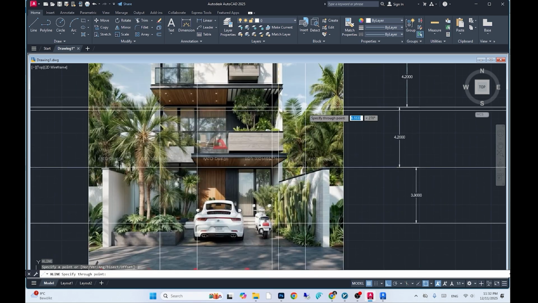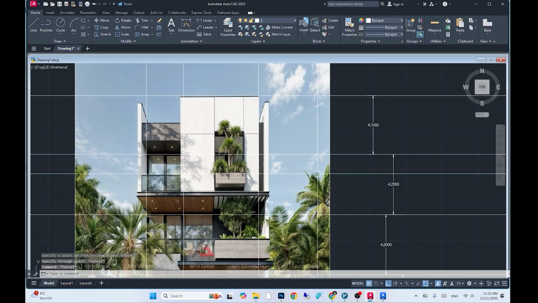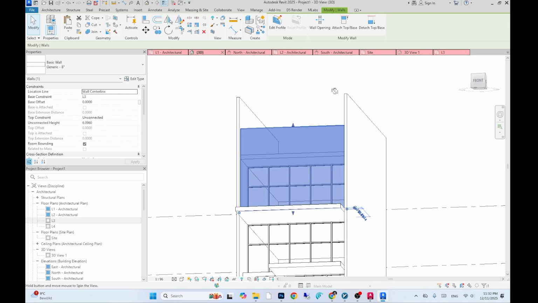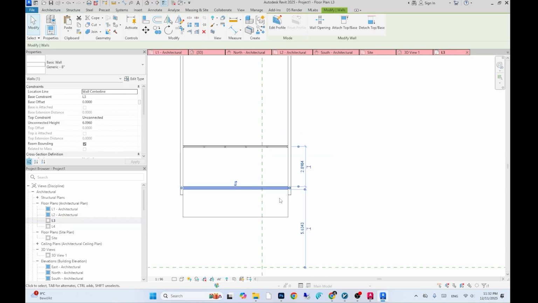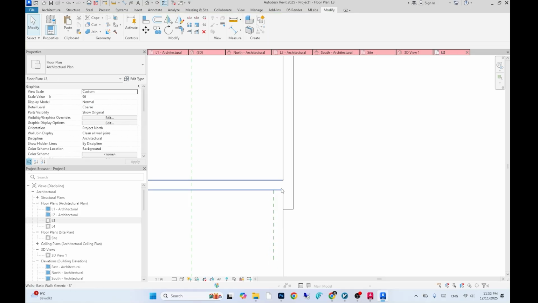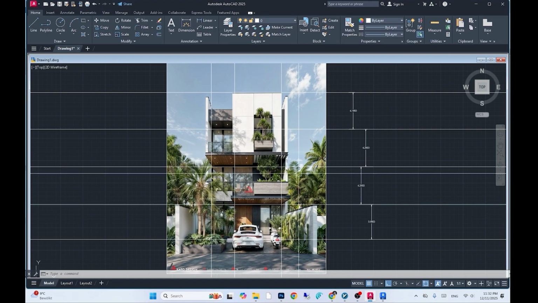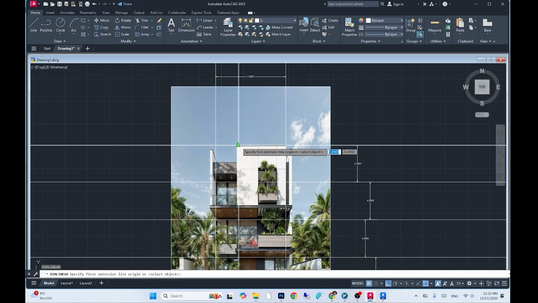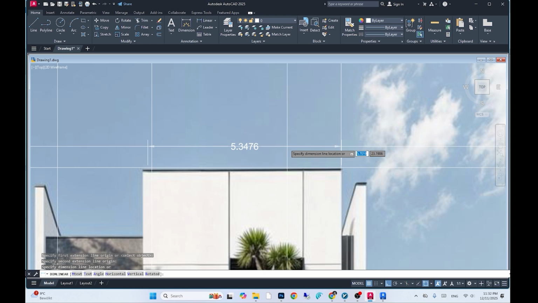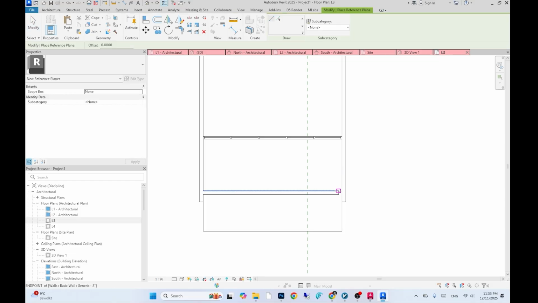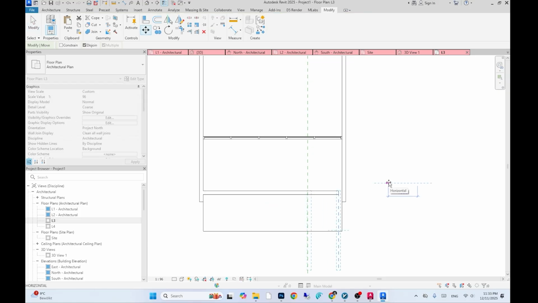In the next step, I need to offset the walls from the side. From the right side, I offset 20 centimeters from the facade. The wall width is 5.30 meters, so I can draw it using the PL command, then offset it by